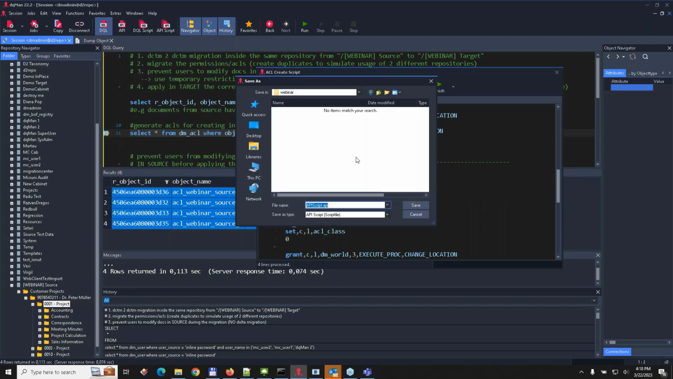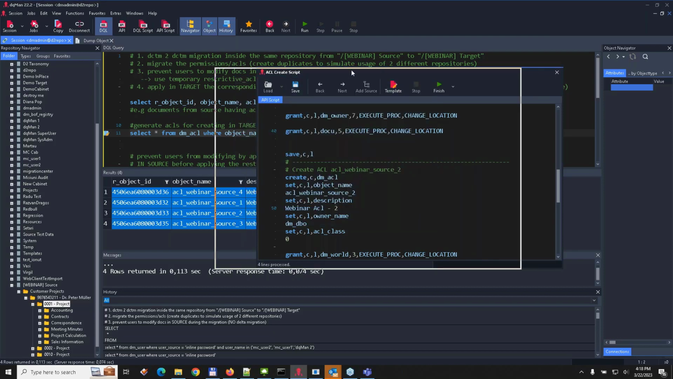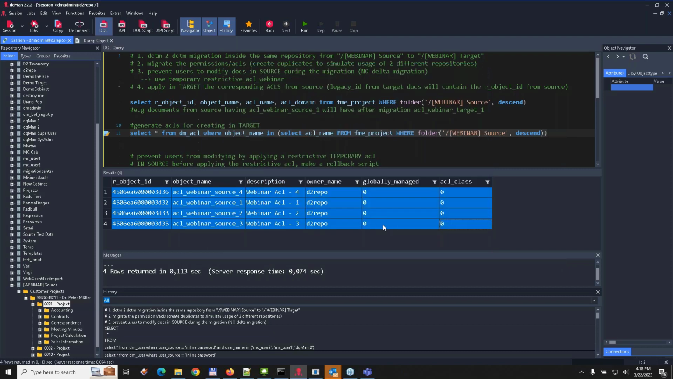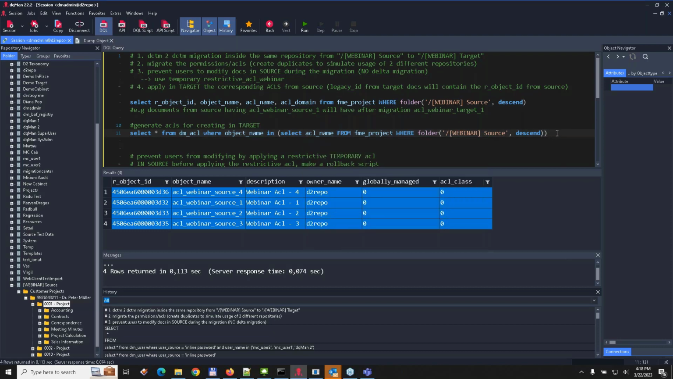We want to save this for later use, so we will call it create ACL source, and it will automatically create an API script because this is already created functionality, and we can close that for the moment. So we created a script that allows us to copy the ACLs. Now, in order